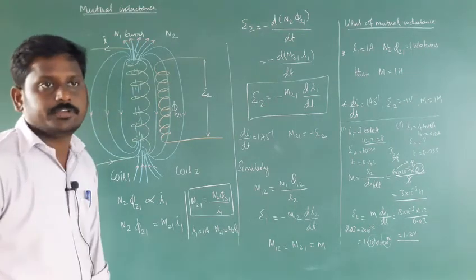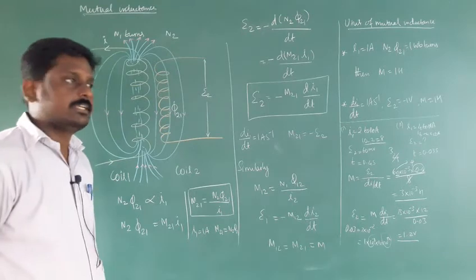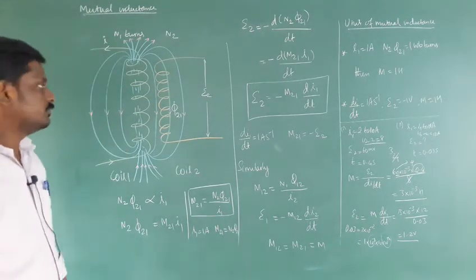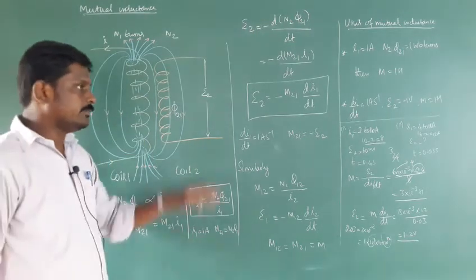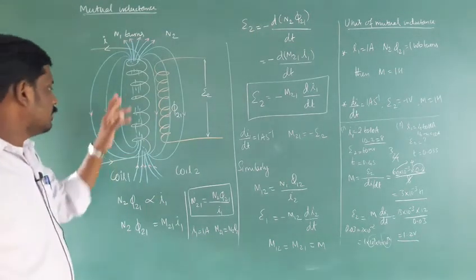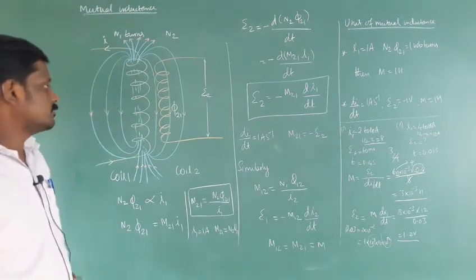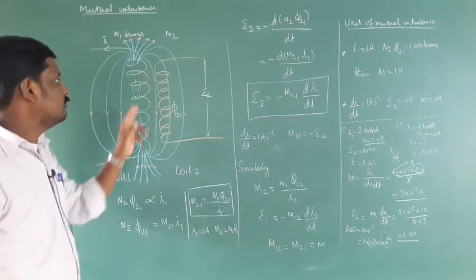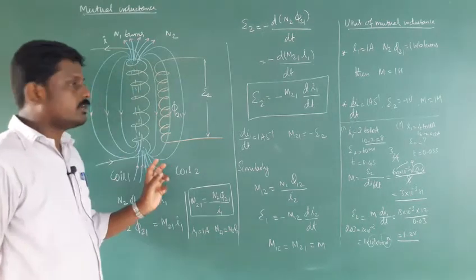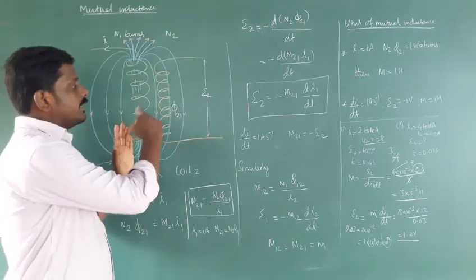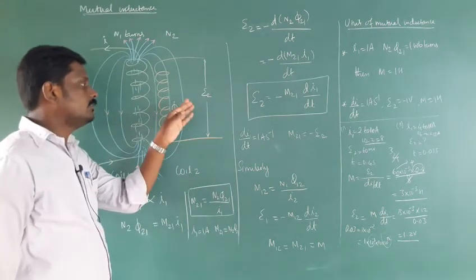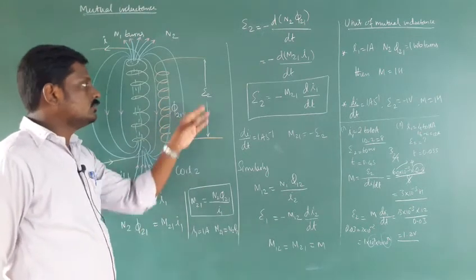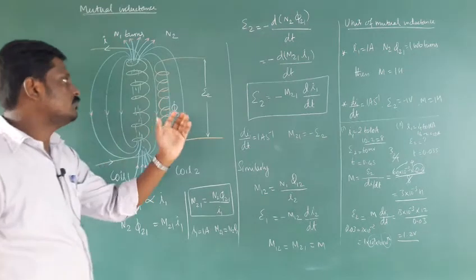So in this class we are going to discuss mutual inductance. Mutual inductance means the mutually induced EMF due to one coil in the neighboring coil. Consider coils 1 and 2 with N1 and N2 turns. In coil 1, current I1 is flowing. Due to the current flow, there is a magnetic field around the coil. So there is a change in magnetic flux linked with coil 2, and an induced EMF is produced in the neighboring coil. That is the mutual inductance due to coil 1.